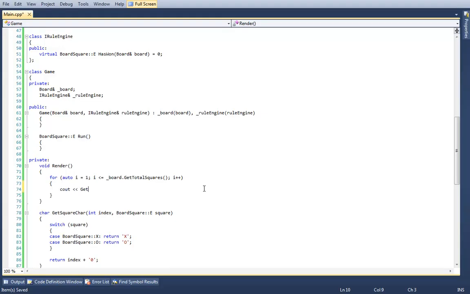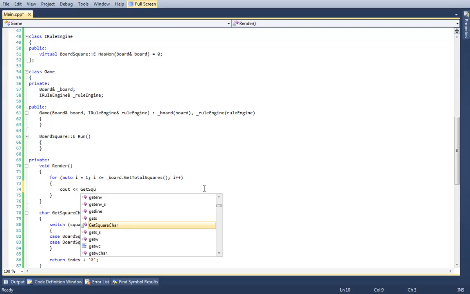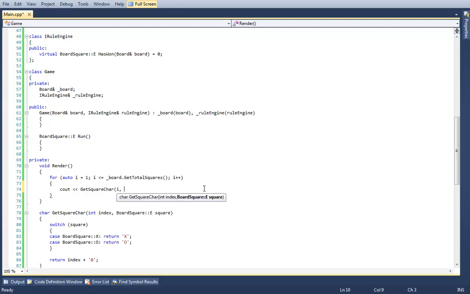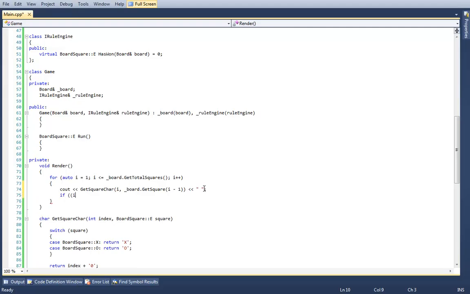Then we're simply going to say cout getSquareCharacter(i), and then board.getSquareAt(i minus 1). I'll talk about that in a second. And then add some white space, and then I'm going to say if i modulus board.getWidth() equals 0, cout newline.